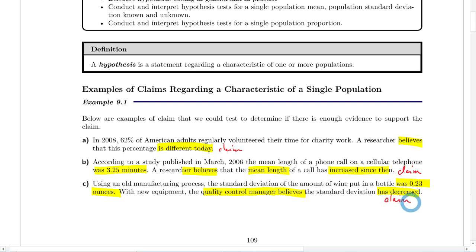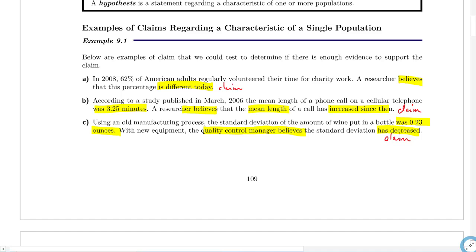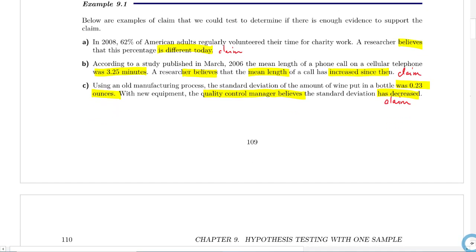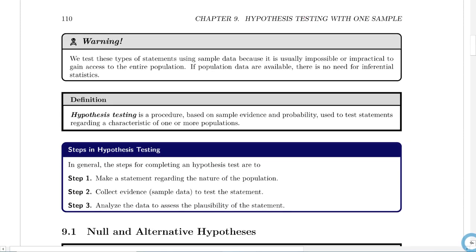So you can see you're always given some sort of population data, some sort of previous research data, and then the researchers say, well, this has changed. Just like how much time we spend on the internet. When the internet first came out, those minutes weren't that large. But now if we did it, that data changes. We're on the internet all the time now.